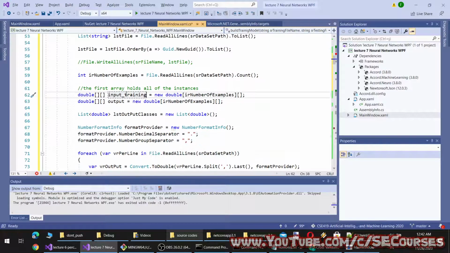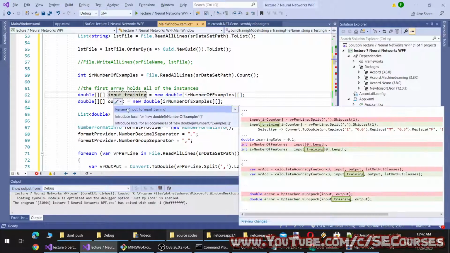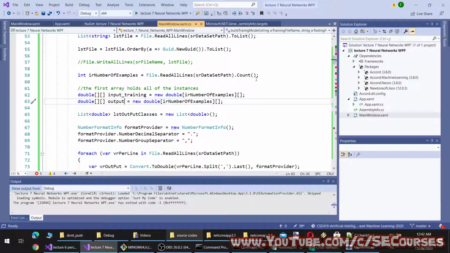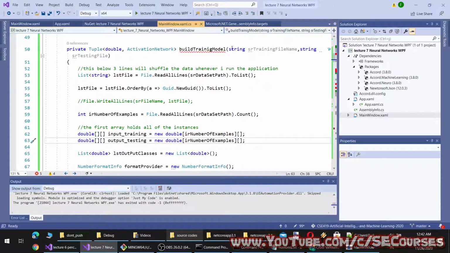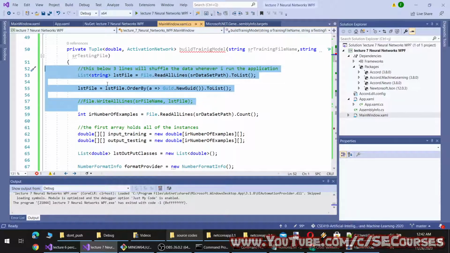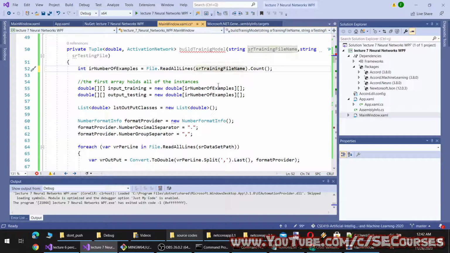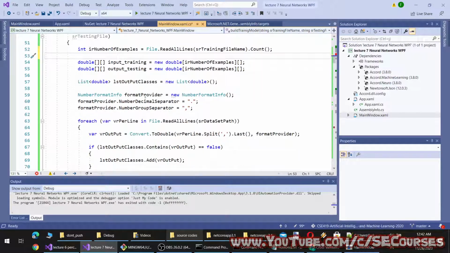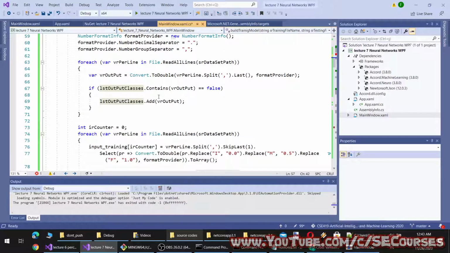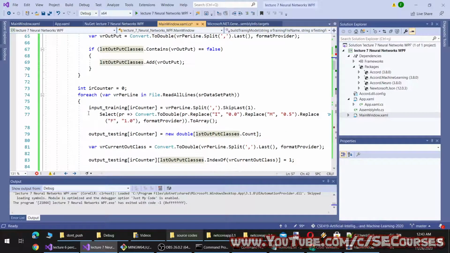I'm going to rename this, and this will be renamed as output testing. Let's remove this. Okay, and output classes.